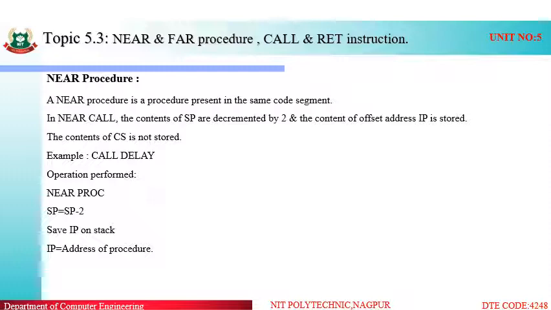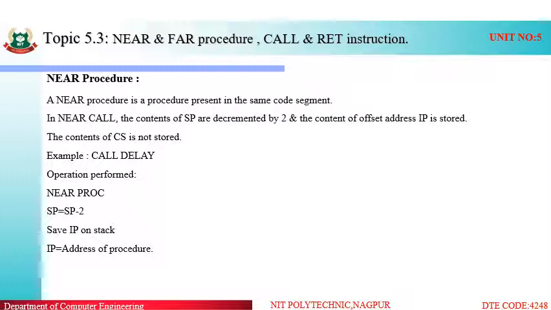That means the main program and the subprogram, that is our procedure, will be placed inside the same memory segment. Are you getting it? That type of procedure is called a near procedure.